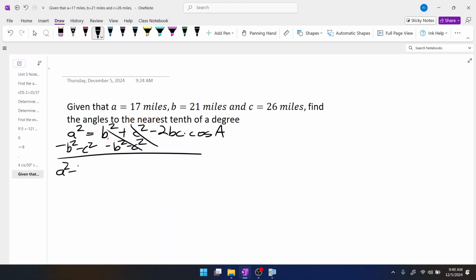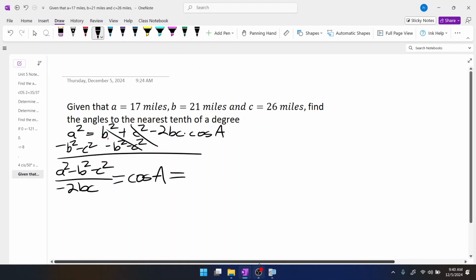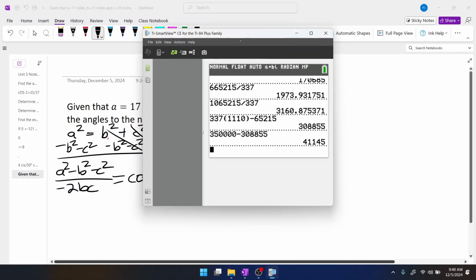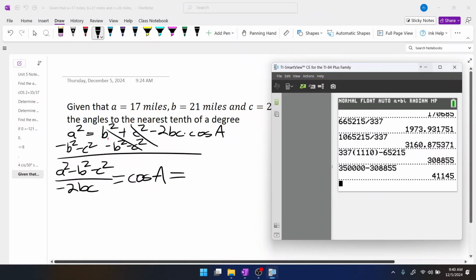You have A squared minus B squared minus C squared, and then divided by negative 2BC, that will equal cosine of A. And if we go ahead and plug that in, and we decide to figure out what is going to be the cosine of,